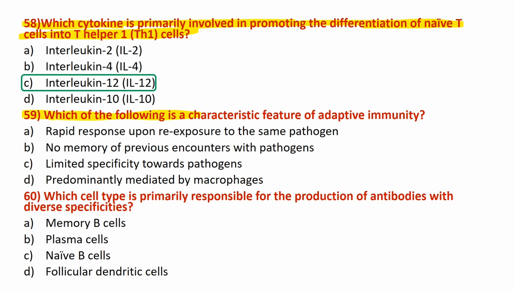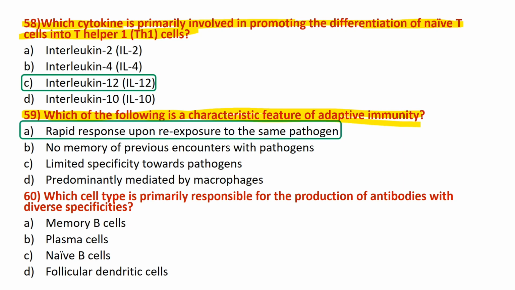Which of the following is a characteristic feature of adaptive immunity? And the right answer is option A, rapid response upon re-exposure to the same pathogen. Which cell type is primarily responsible for the production of antibodies with diverse specificity? And the right answer is option B,